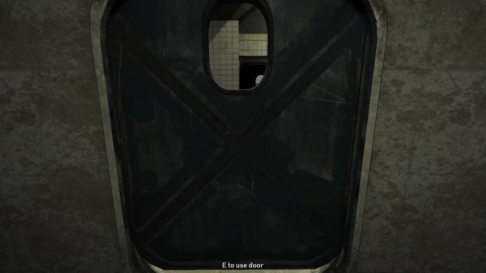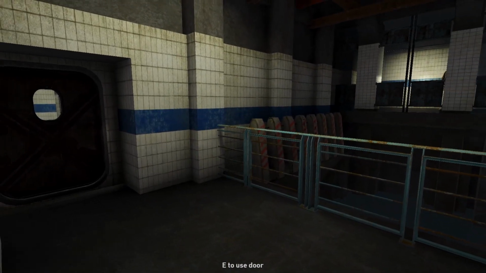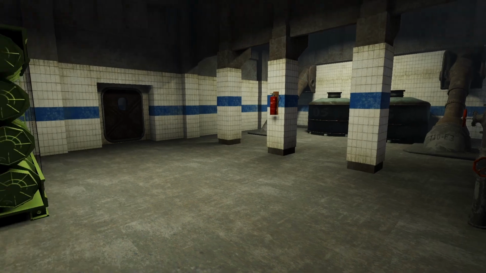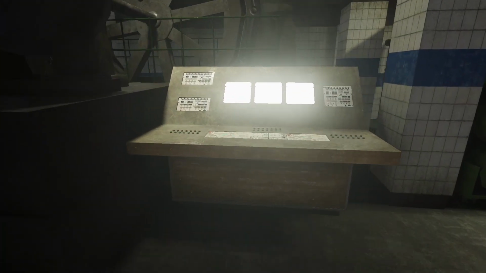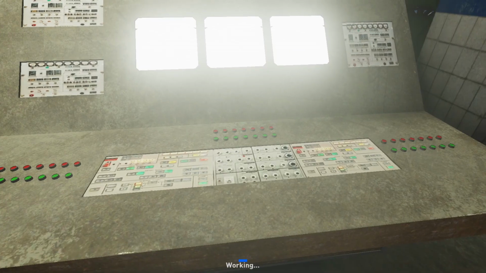So from here, I just got to be really quiet, make sure I don't alert any guards. You can see there's a guard there. Just got to be really quiet, sneak through here. And this is the room I've been trying to get to. You can see there's some equipment around here that I need to sabotage, and I'm going to do that with this device here. So if I hack this device,